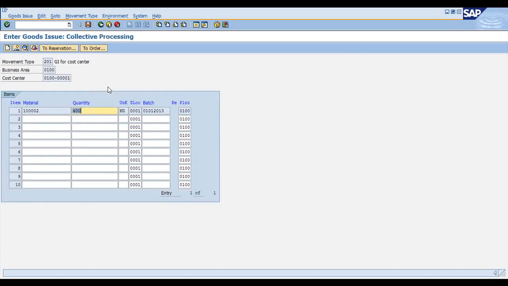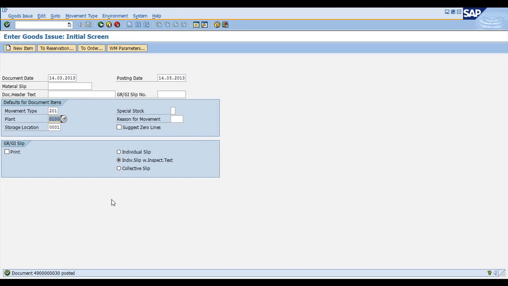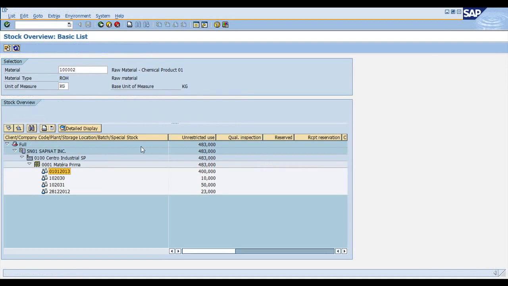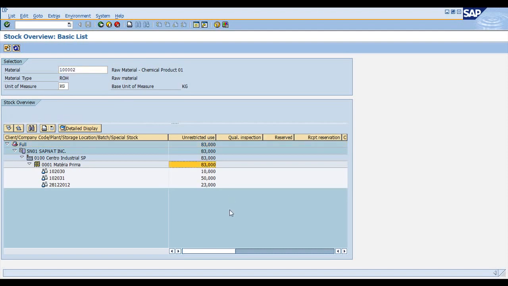And now we are ready to save. Okay, material document is created, and we can go back to the MD04 transaction code and refresh. Alright, now we have 83 quantities in my stock,